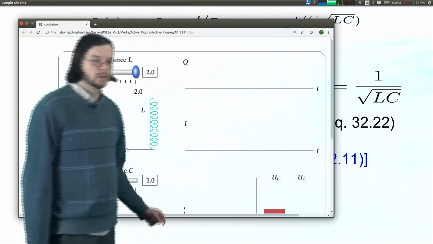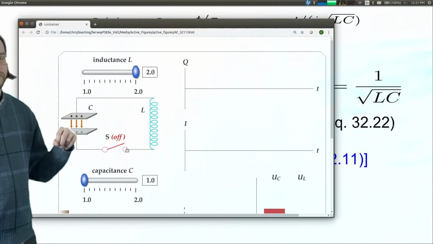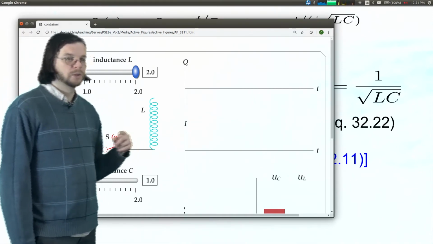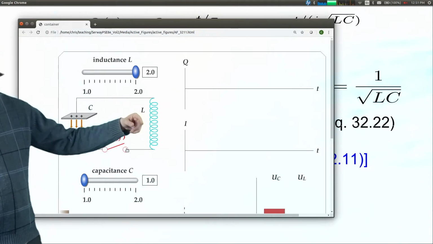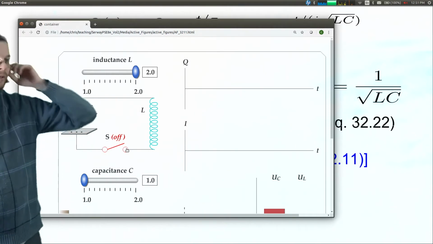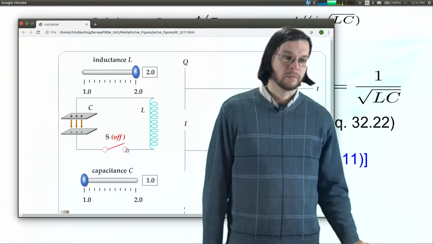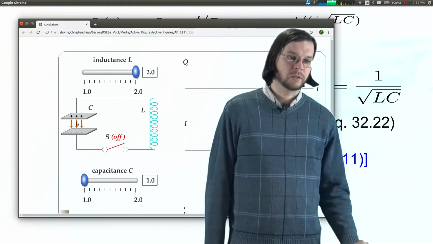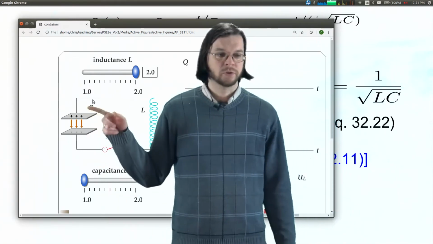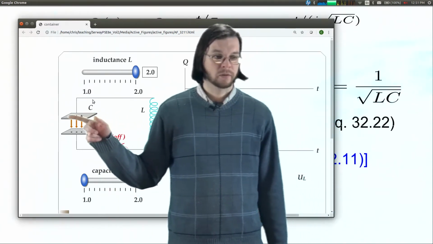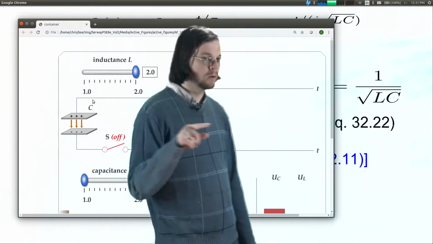Again, the negative charges here want to neutralize the charges here. Initially, there's some trouble in doing that because that creates a changing current here, which creates a voltage that tries to prevent the current. So initially there is no current in the circuit, but eventually the negative charges do ultimately neutralize the positive charges here. But what's interesting is that in that process, it produces a current in the inductor,